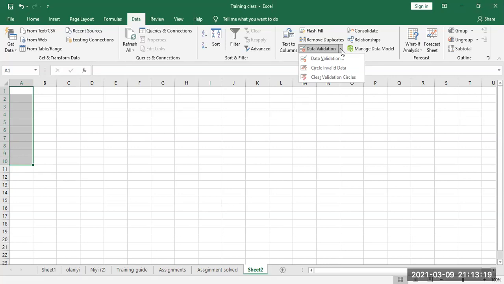You see flash fill, remove duplicates, and you see data validation. Very good. So click, and it has another drop down, three of them. Data validation,